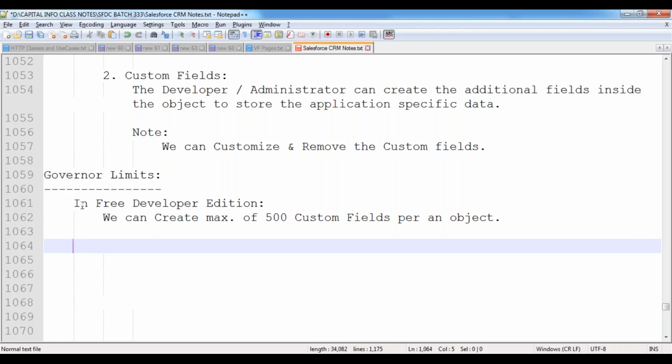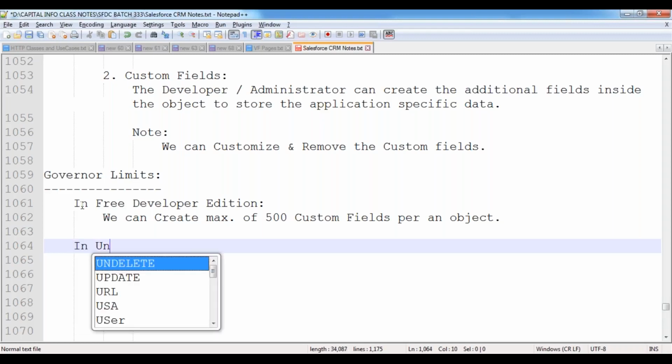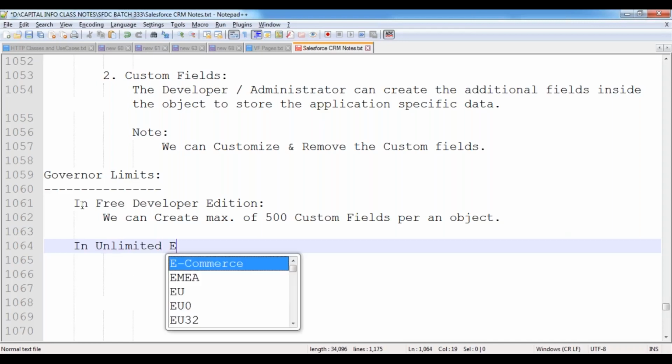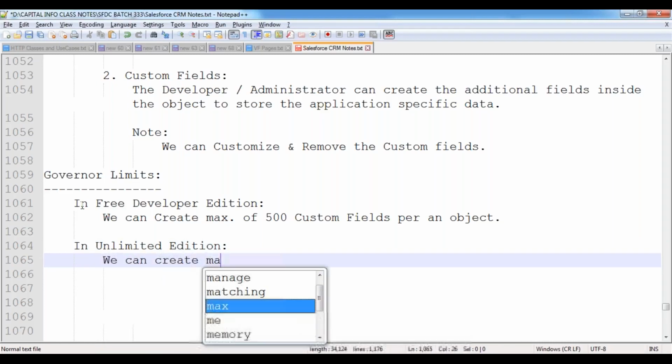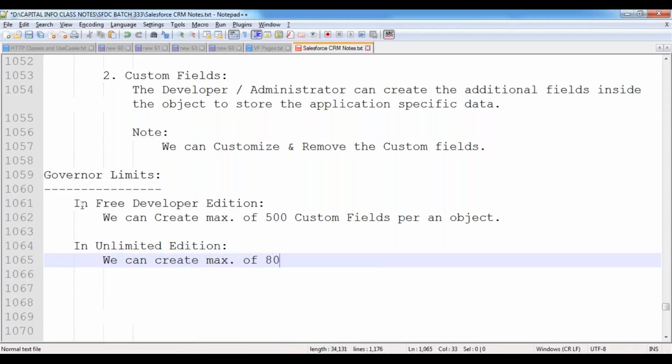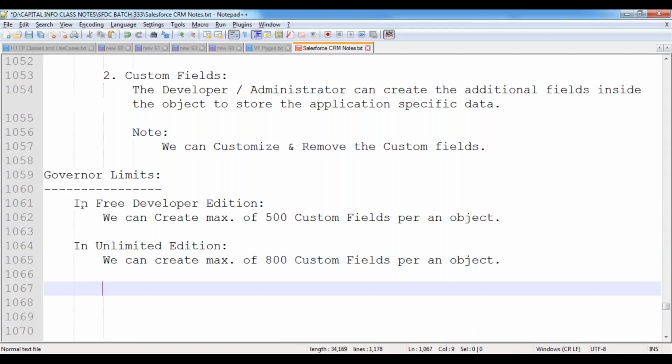That is the limitation. In the unlimited edition, we can create a maximum of 800 custom fields per object. That means each and every table can have a maximum number of custom columns.